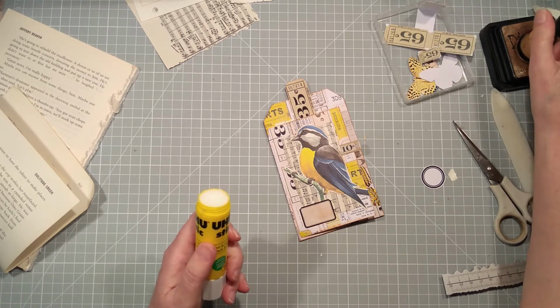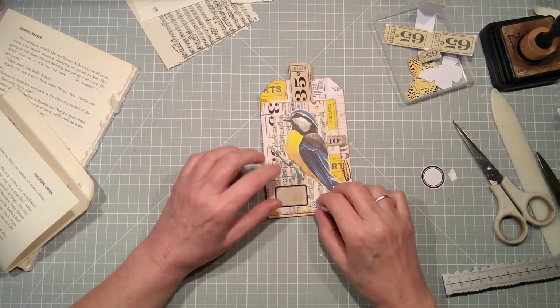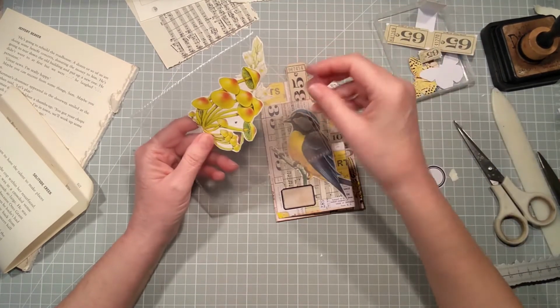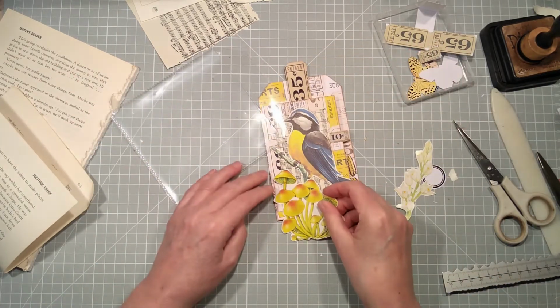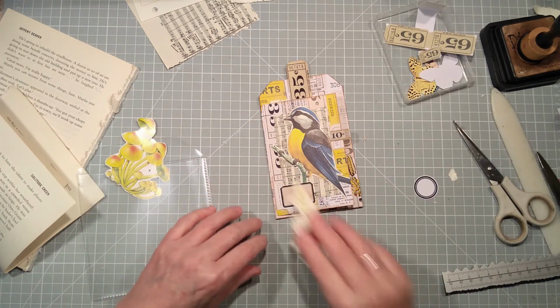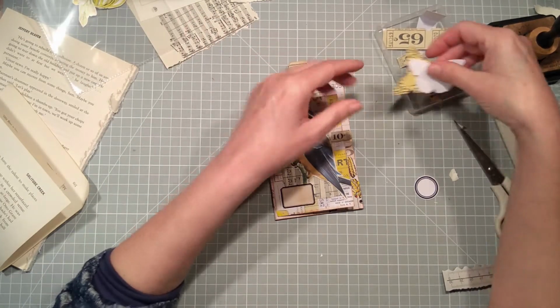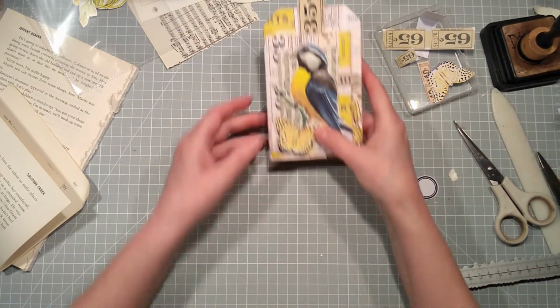The only thing I've got to say is I really don't like that label and the way I've coloured it up, but I don't think putting any more. Oh no, too much. Too much. That won't go. I'm thinking butterflies too much as well as the bird. Oh, well, actually,